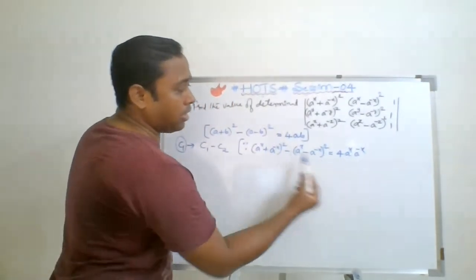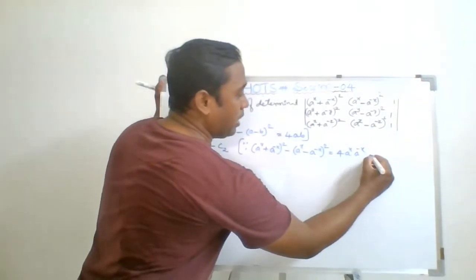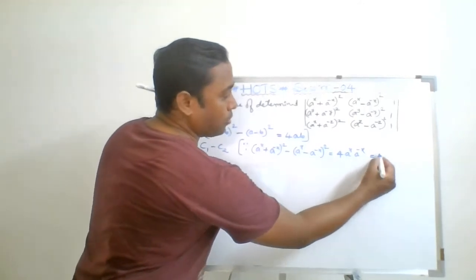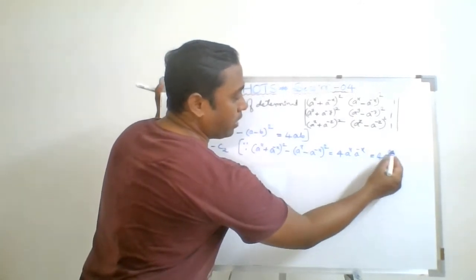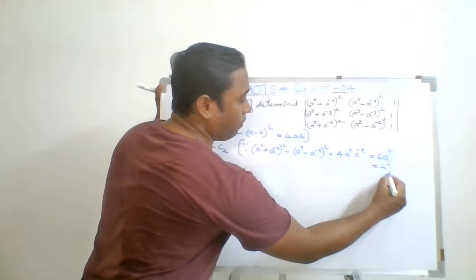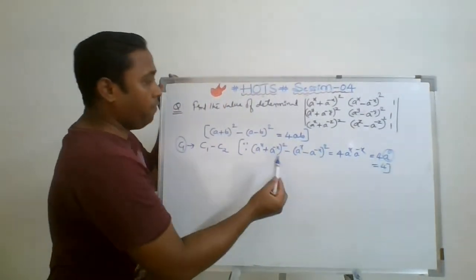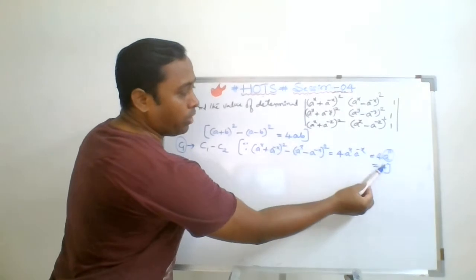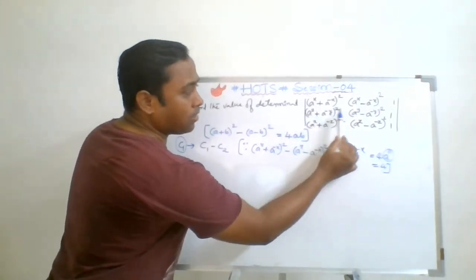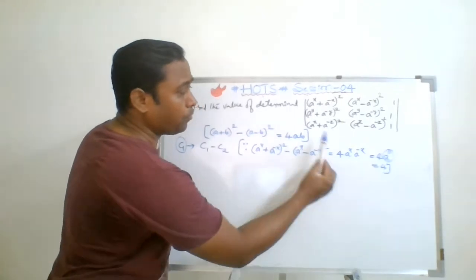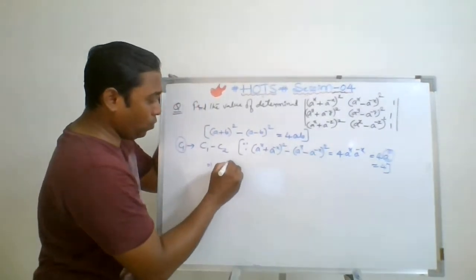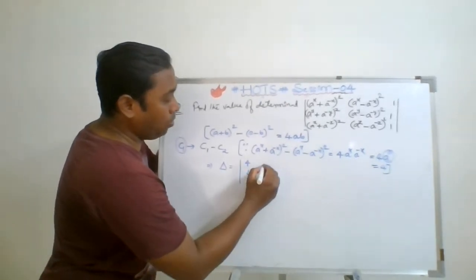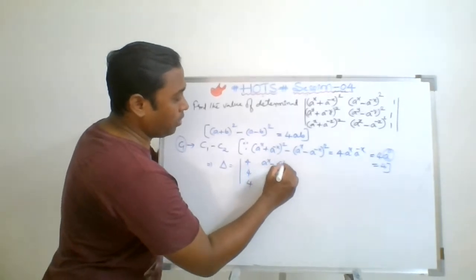Just like this identity, I am just applying this identity. Ultimately, here powers are added, so plus x minus x get cancelled. So a to the power of 0, and this value is 1. So we are left with 4. What I mean to say is, when you apply this column operation, this factor minus this factor gives 4. Similarly, this factor minus this factor will also give 4. In that manner, delta equals, we are left with 4, 4 and 4, and column 2 will remain the same.